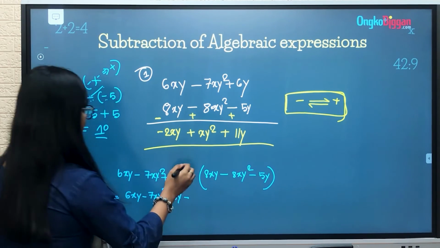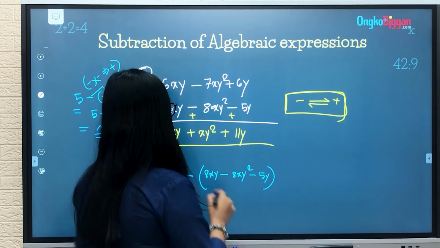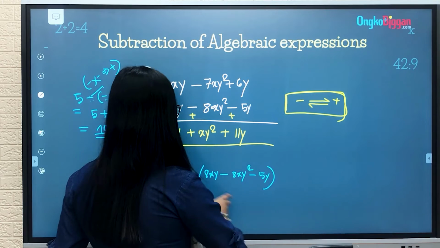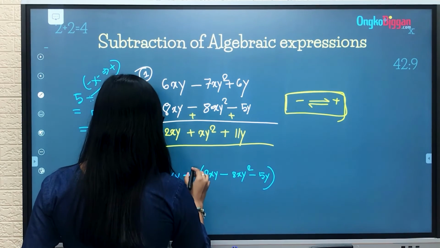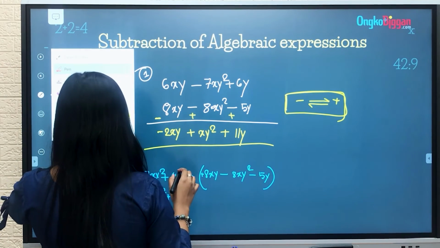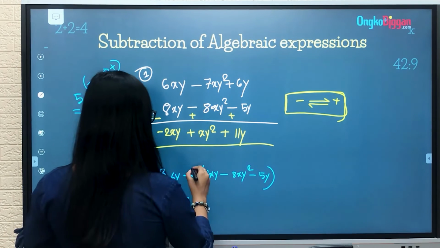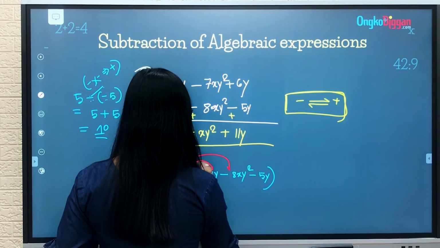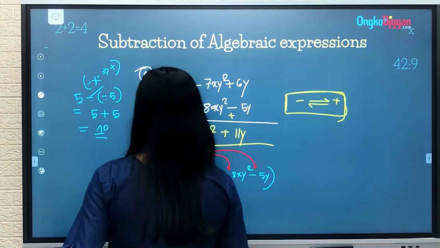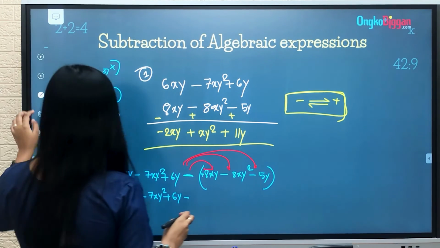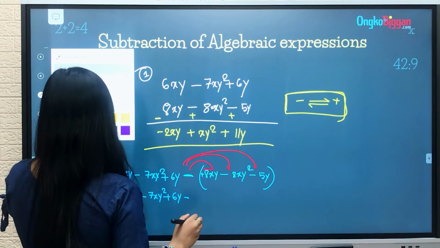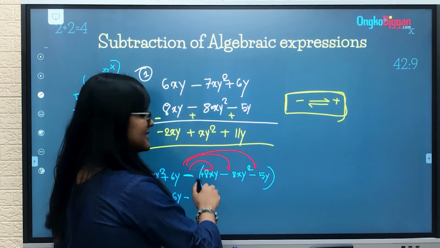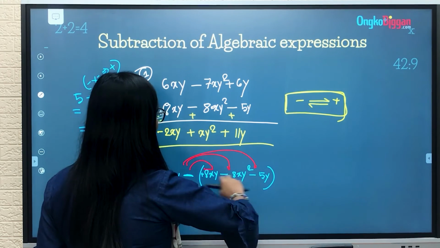So this minus before this means this minus will be multiplied with all the operational signs. That means we have a plus here, it will be multiplied with this plus, this minus and this minus as well. So we will multiply this minus with all the signs